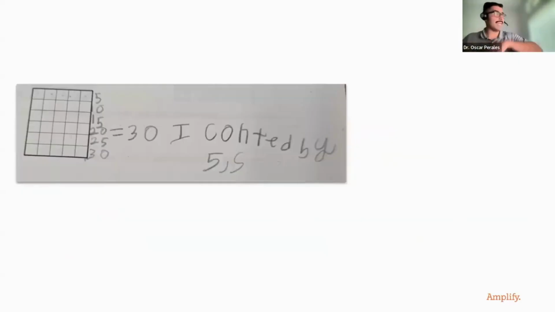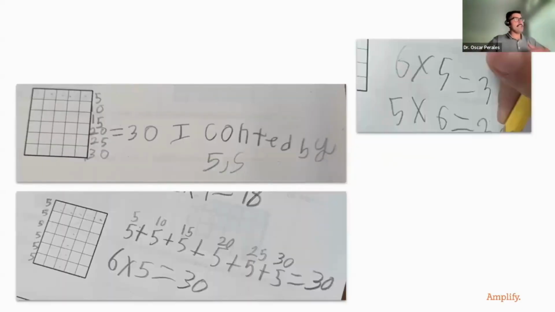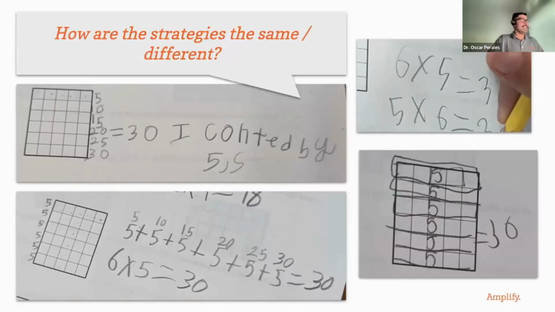Now it's a chance for me to start selecting student work, again, because I've already anticipated. I've put in that thought beforehand, and now I'm just selecting and I'm going to sequence them in a way to now ask students, how are these strategies the same? How are they different? But again, it's not something that I provided, right? It's my students, their work,